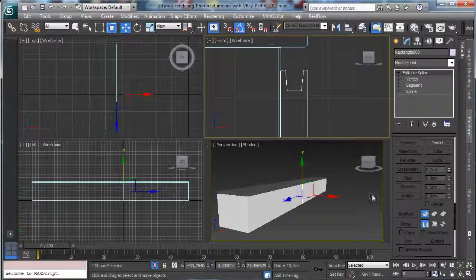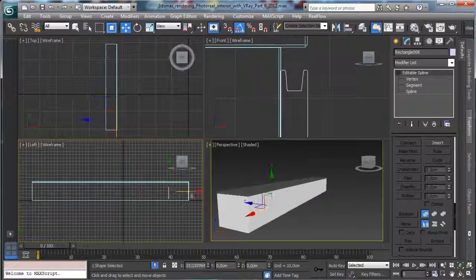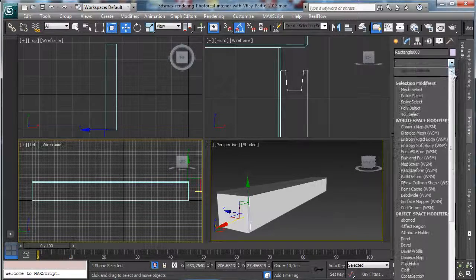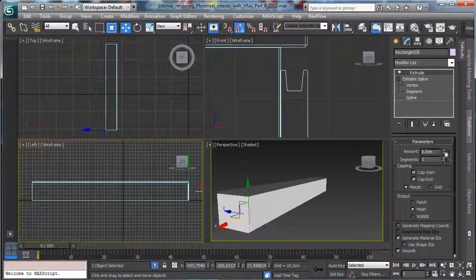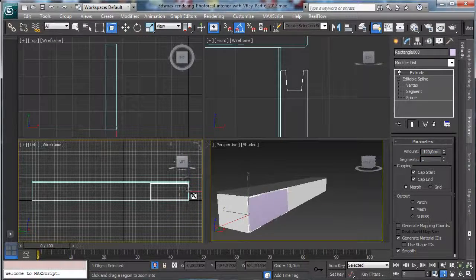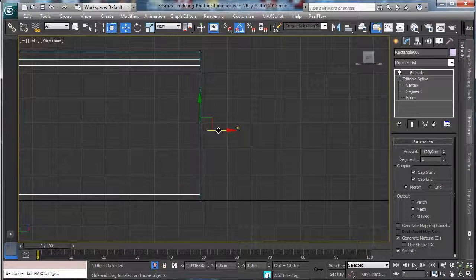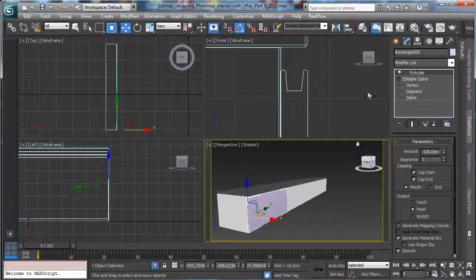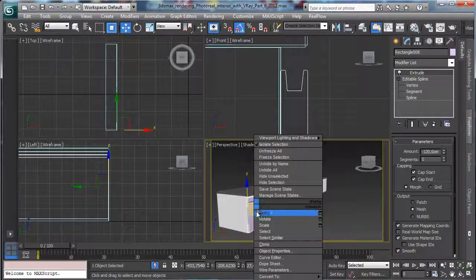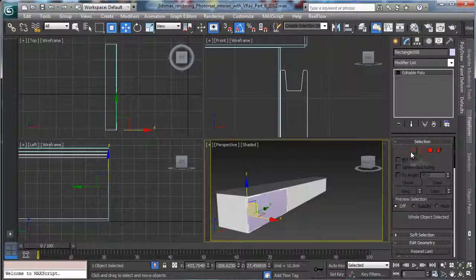And then we can extrude the spline, so let's use the extrusion, and we go for 1.20 meters. Okay, so that's our first part, and I like to generate mapping coordinates, and we convert to editable poly, and then